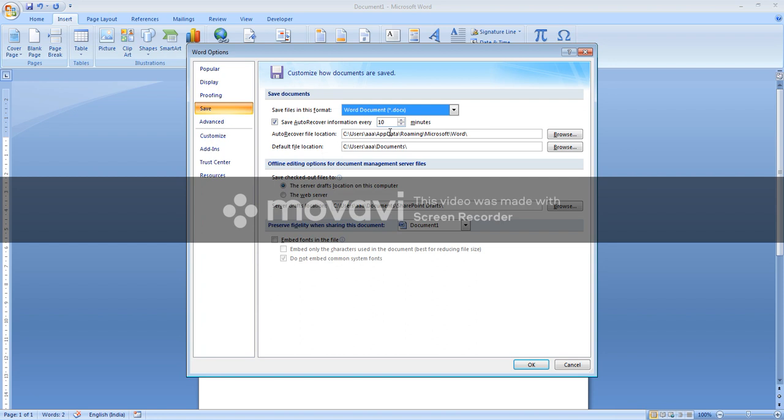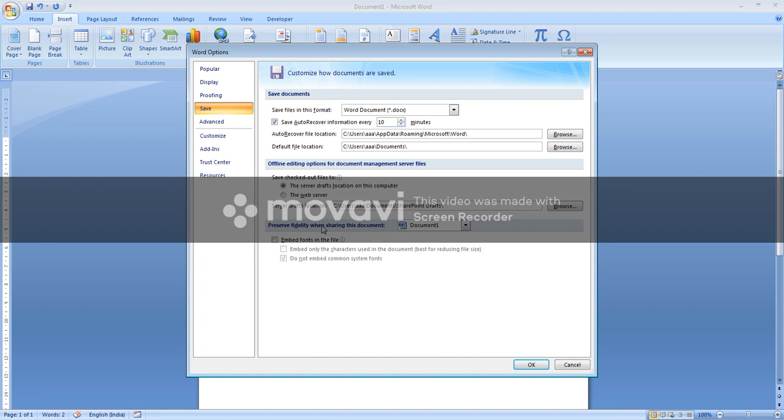Then which is your default auto recovery file location, and which is your default file location. Then this is for offline editing options for document management server files. Management server files are related to the internet, but by these settings these are the offline editing options for the same.